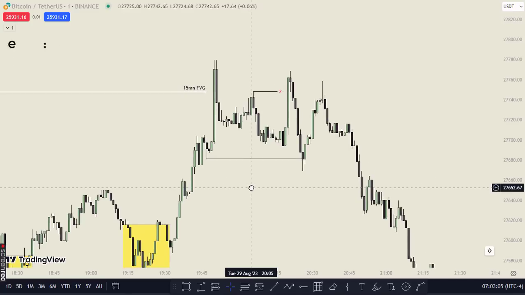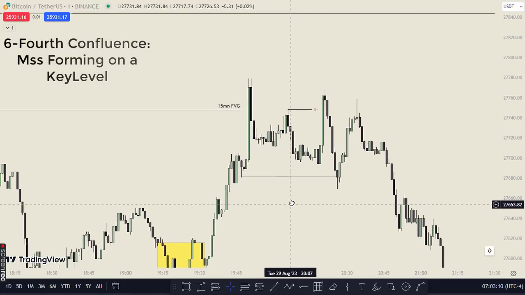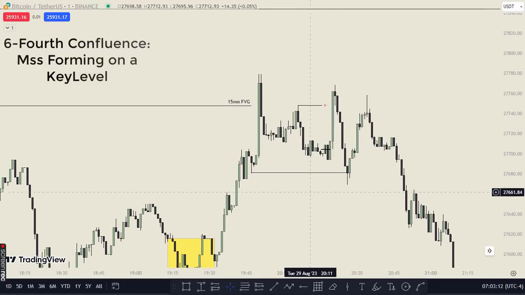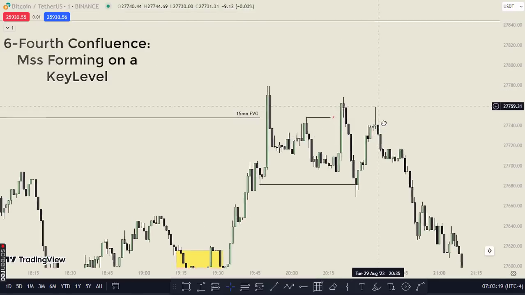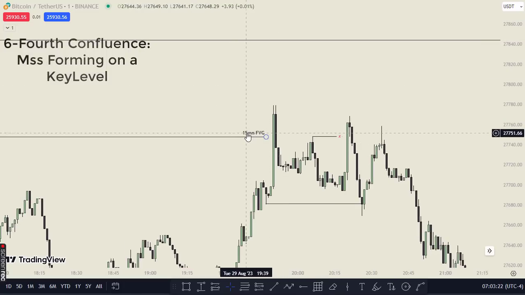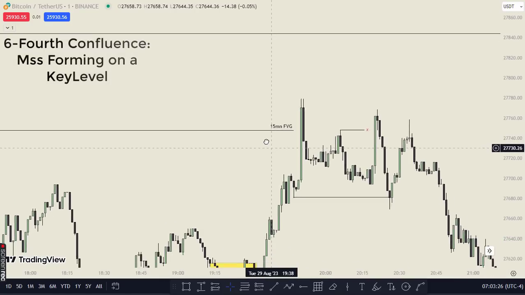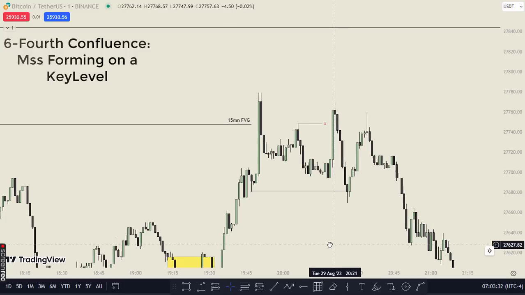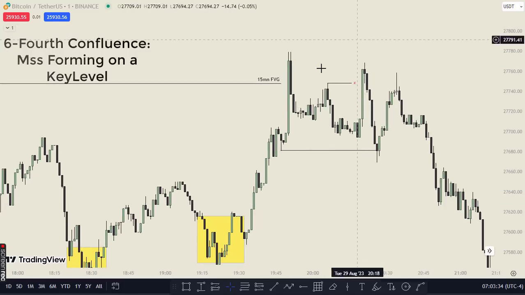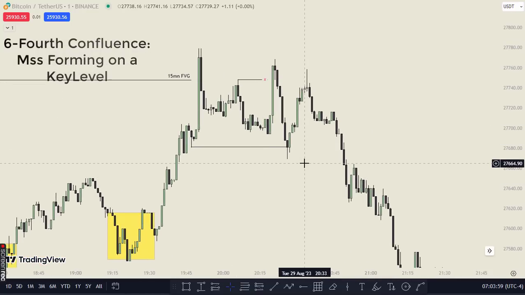The fourth property of an A+ market structure shift is a key level. What do we mean by that? We want to see this structure right here happen on a higher time frame key level, a point of interest. In our example, we have this 15-minute fair value gap. By itself, if we go to the 15-minute chart, there is some kind of probability of going down, right? From that 15-minute chart without this structure. Now this structure right here on the 1 minute will make that move on the 15-minute chart to the downside